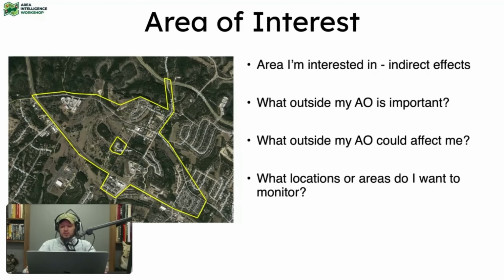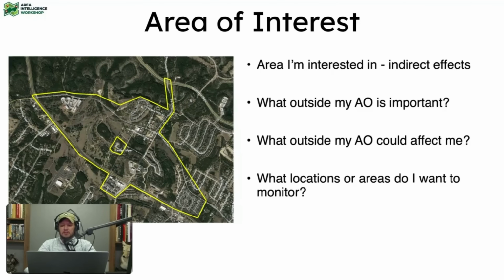Now, your area of interest can be legitimately as big as you make it. There are some areas in this vicinity that I can include in my area of interest. But for me, I just said, look, I've got limited collection capacity. I need to prioritize what I'm most interested in. And those were the things that I'm most interested in.